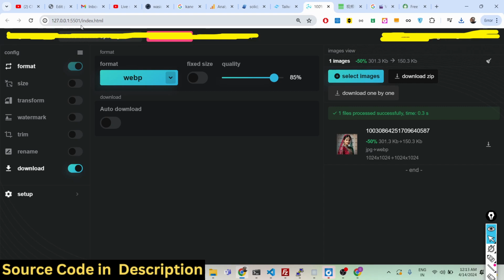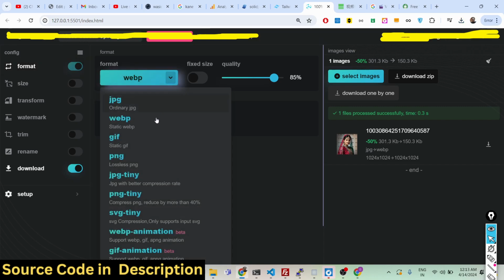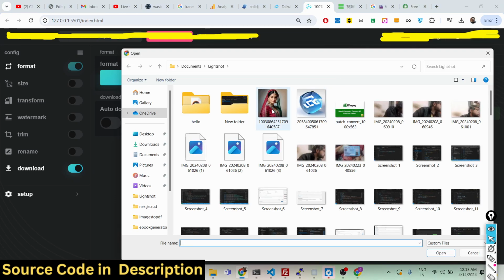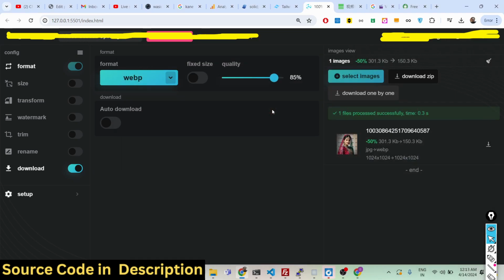So let me show you the demo of the application. By default, this will be selected. And now you just need to select which format you want an image to convert. Let's suppose I want all my images to convert to WebP format. I will simply select this. And now if I select my image like this, and basically in the download, I will